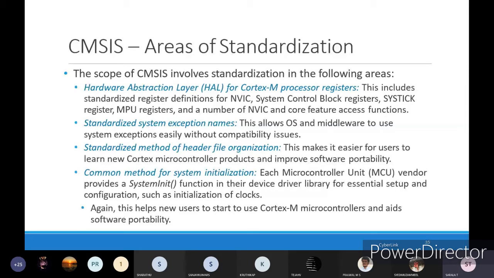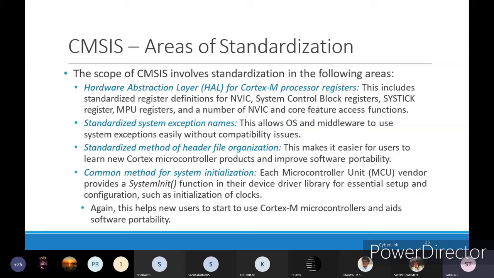Common method for system initialization. Each microcontroller unit vendor provides the system initialization function, that is SystemInit, in their device driver library for essential setup and configuration such as initialization of clocks. Again, this helps new users start using Cortex-M microcontrollers and aids software portability.